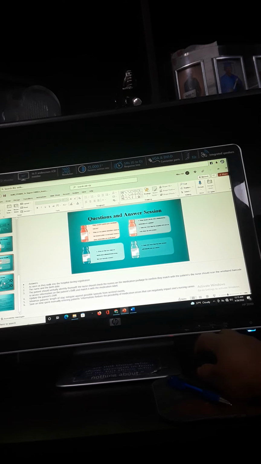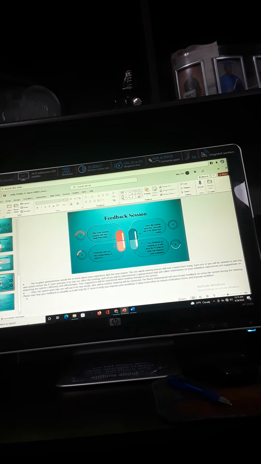PowerPoint slide number 12 is the feedback session. The hospital administration would like to know about your experience with the new system. The 1-week training session will start a week from today. Each one of you will be allowed to test the new system before the IT team activates it for live use. After the training, each of you will be administered a questionnaire that will collect information on your individual experiences